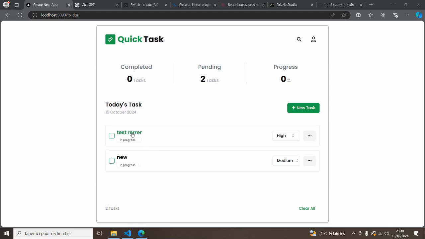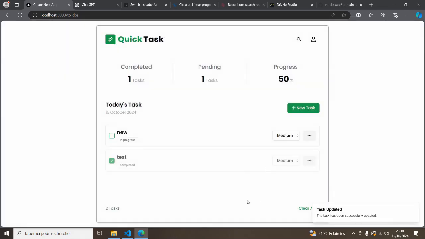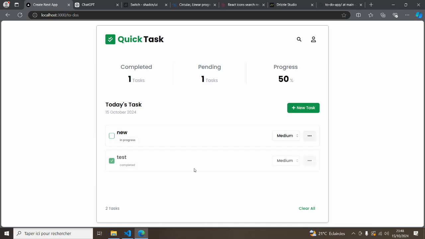So we're having this task. Let's click on it, and I'm going to delete this and change the priority and the status and hit save. So the task has been updated successfully. When I update our application, as you can see, the elements that we updated persist, meaning that the saving into the database has been successful. And also when I modify the priority from here, as you can see, and if I reload the page,